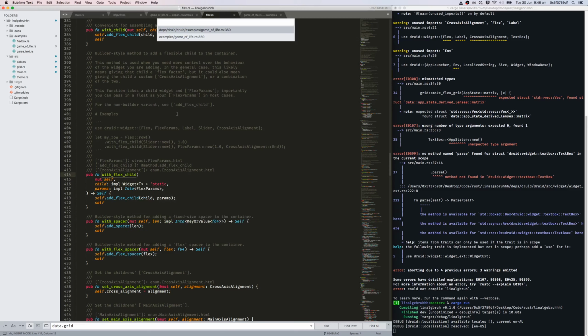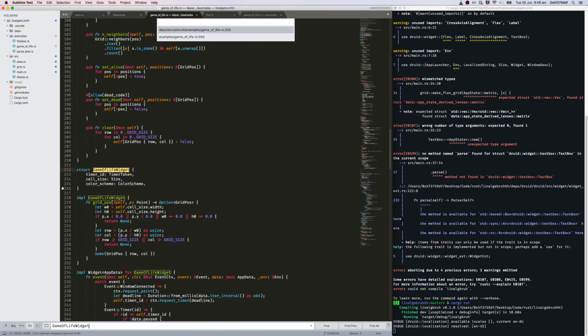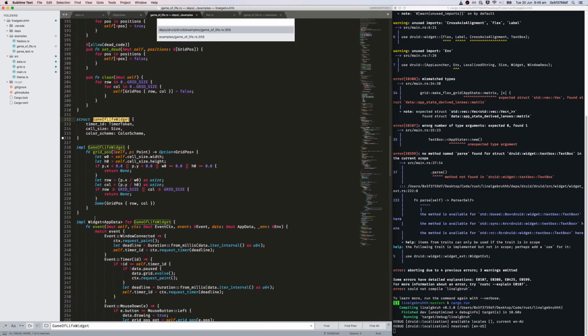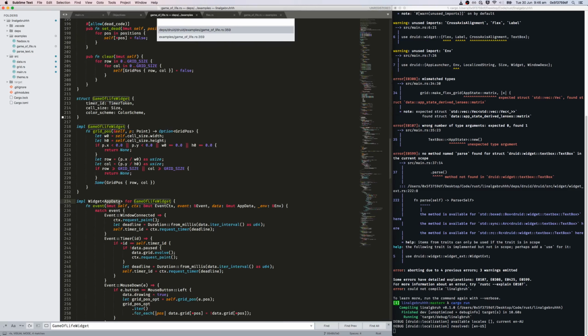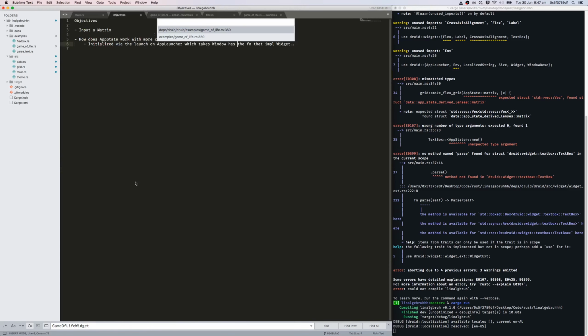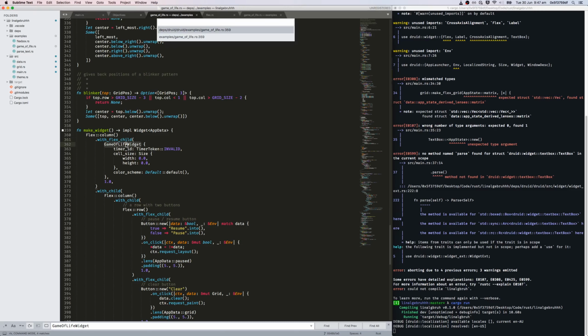So that implementation of game of life widget is returning a widget app state, I would say, and we should be able to see that impl widget app data. So it is implementing this specific app state for this widget. That's important. And then it's giving into it the initial values of the struct. But once it's given that, we have something that has implemented widget app state, and that's all we need, really. In terms of the display,